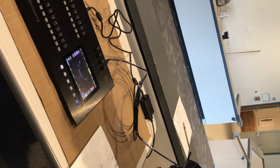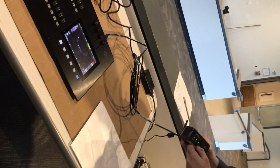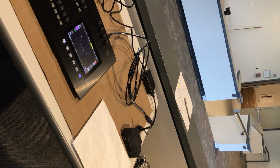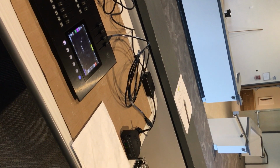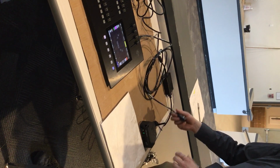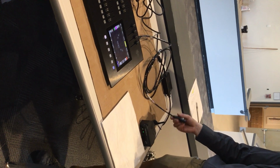Another thing is power, so you have to plug it in, and DMX. So DMX, if I unplug this, that's going to go away, and it's going to start flashing at me, saying, hey, I don't see DMX, what's happening? Is your console off? Is something happening? So that's a good indicator of, uh-oh, is this cable not